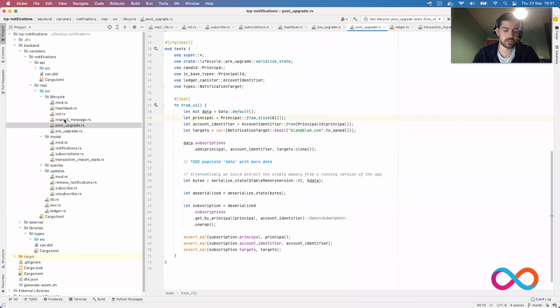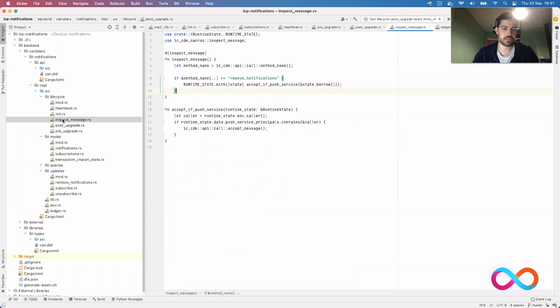So another thing that you can take advantage of when building canisters is a thing called inspect message. Whenever you're running services, you have to pay for all of the processing. You're paying for the cycles. And so inspect message allows you to exclude certain requests before they go through consensus. So when an ingress message comes in, as in a message from the outside world into the internet computer,